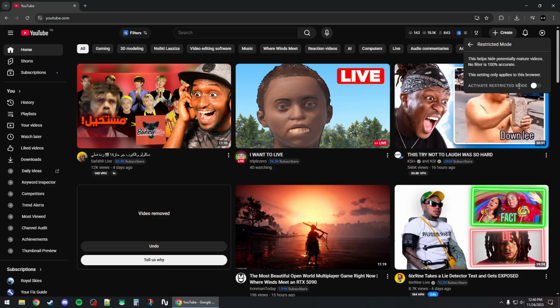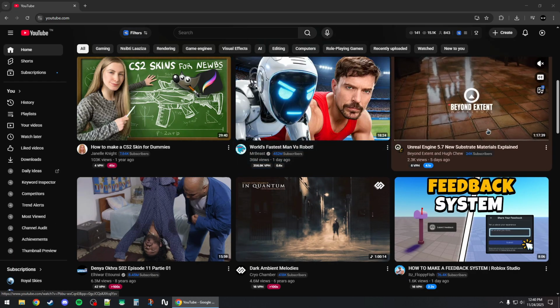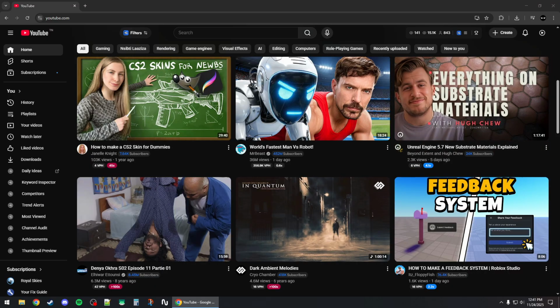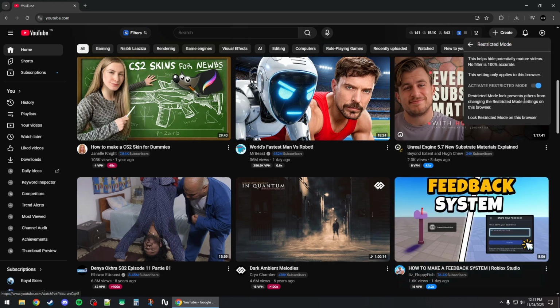and turn it on or off, which generally helps hide potentially mature videos and filter them out. You can toggle it on or off from here. And if it's on, you might not be able to see comments on certain videos. And to simply unlock the comment section or to see the comments, you want to make sure it's turned off